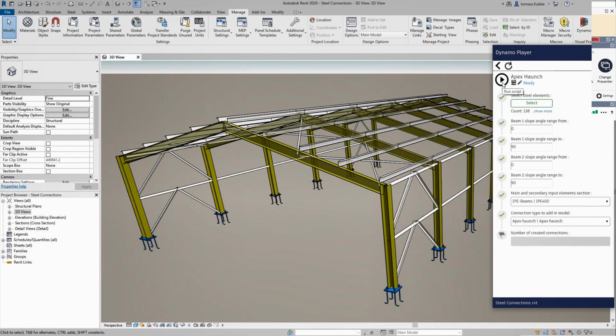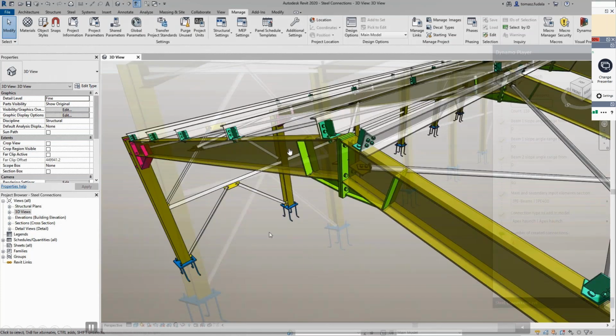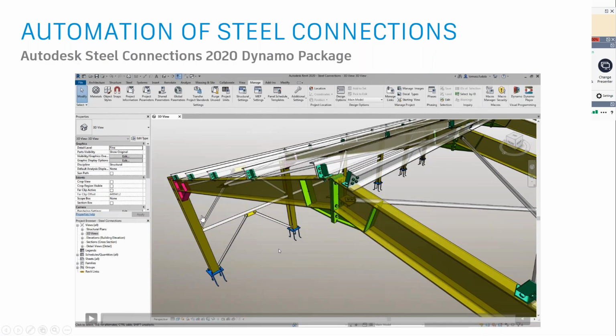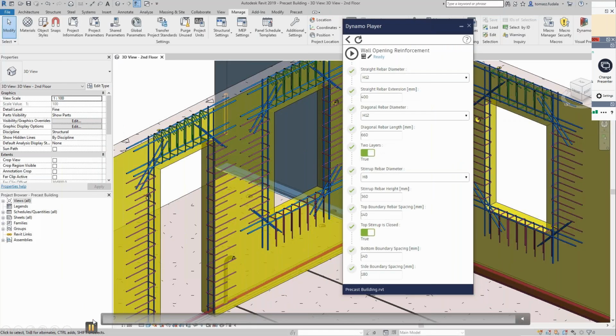Here, if you see the apex haunch connection, it will automatically find the rafter beams to identify where the apex haunch connection needs to be placed, where the base plate connection needs to be placed, and where this haunch connection needs to be placed. That's where you can save a large amount of your time, because in a general Revit workflow, all these connections or components have to be manually defined in their locations, and everything needs to be coordinated. The same thing is true for concrete detailing as well.